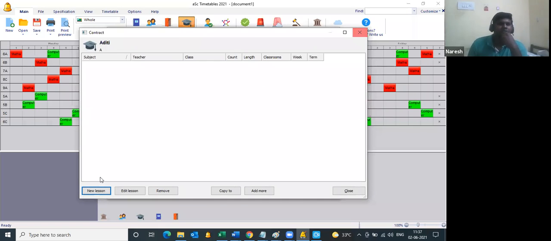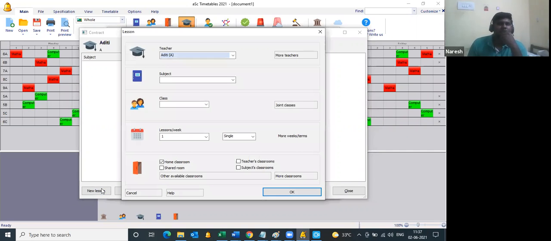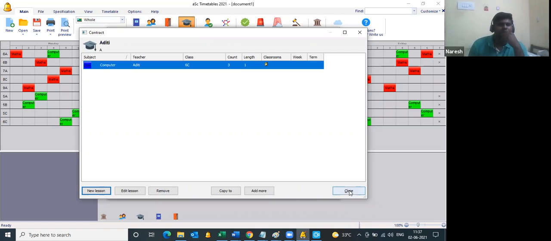After you have added a new teacher, you need to link the teacher with the subject, which means the lesson we did in Excel. Same thing here: teacher AT handles computer, for which class, maybe 6C, 3 lessons. Like this you keep adding. Adding manually will consume a lot of time.